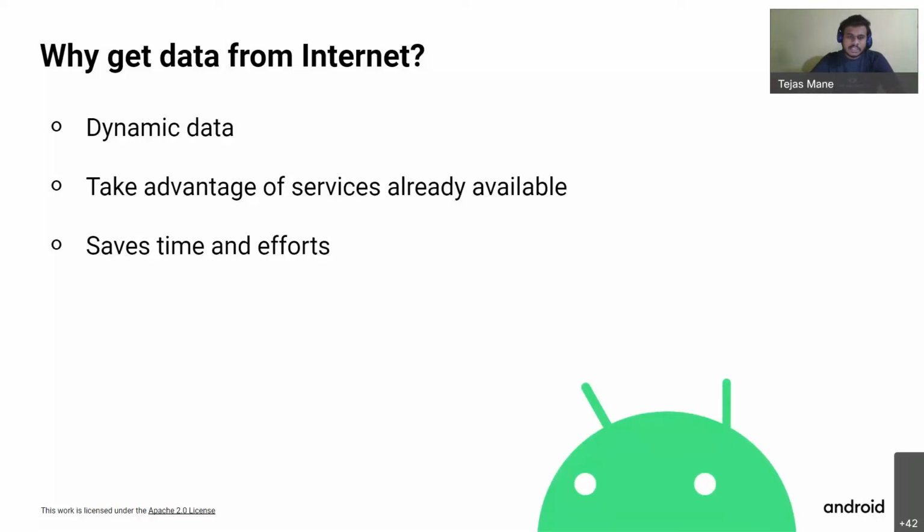Second point, as I mentioned, take advantage of services already available. So Weather API is already available. So you don't have to place your own sensors everywhere. You can use this service provided by someone to get the weather data and show in your app. This will save your time and your efforts also, because you don't have to configure the hardware sensors with your software part and all that. You just have to pull the API, pull the data, and show it in your app.